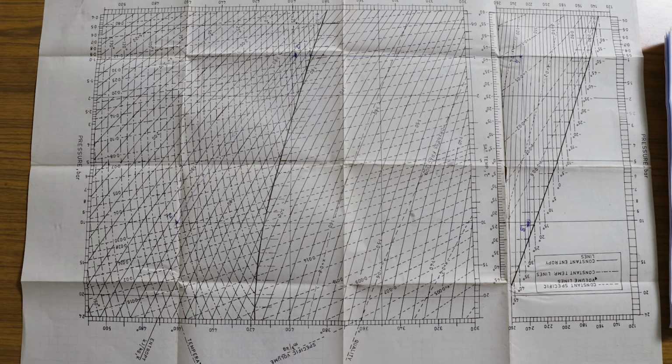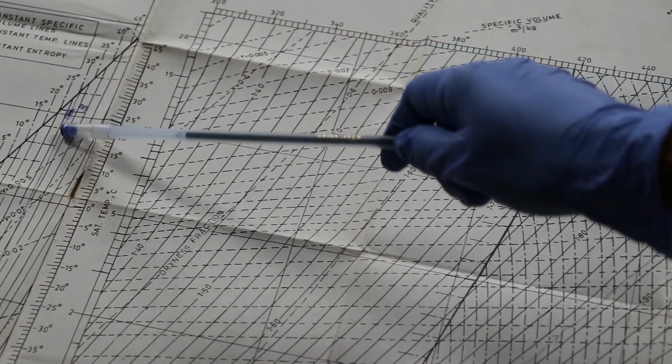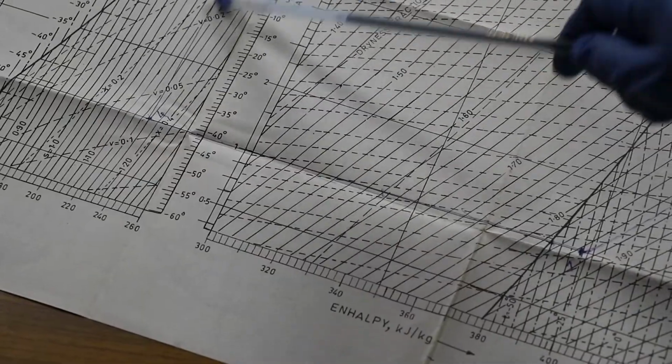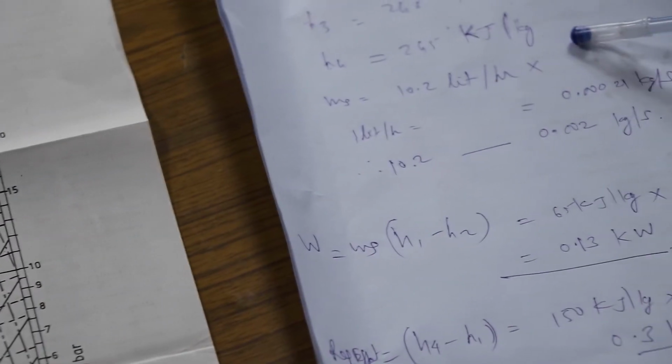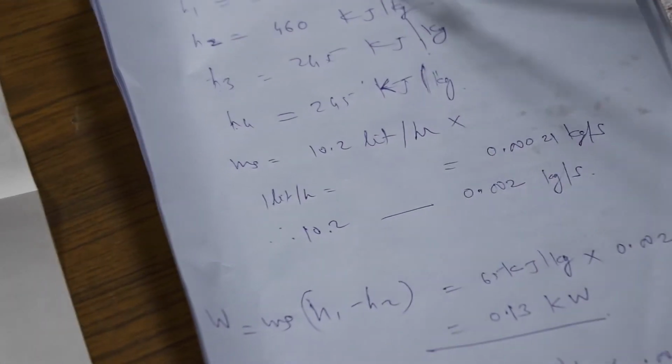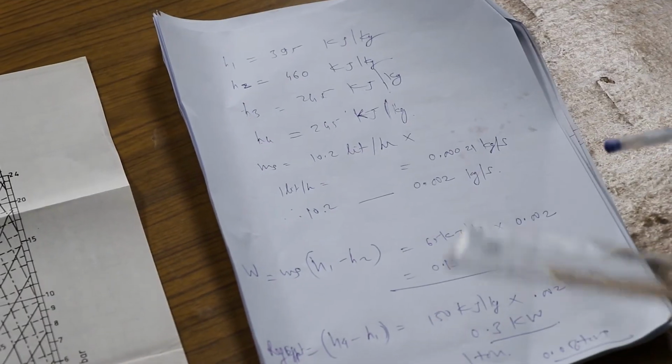Then H1, all the values we are knowing now. So the H1 point, we read the value of the enthalpy on the H1 point from this chart, and this comes out to be about 395 kilojoule per kg. Then S2 point, we read the enthalpy from the chart, and this comes out to be about 460 kilojoule per kg. Then S3 point we have plotted here, and we read the enthalpy. S3 and H4 will be same obviously, and we read this enthalpy from here, which comes out to be 245 kilojoule per kg. So these are the four key enthalpies which will be needed in the future calculations,